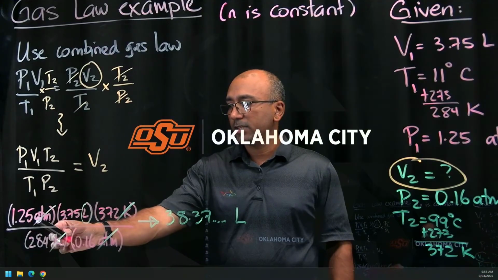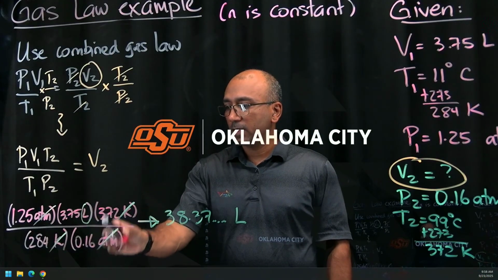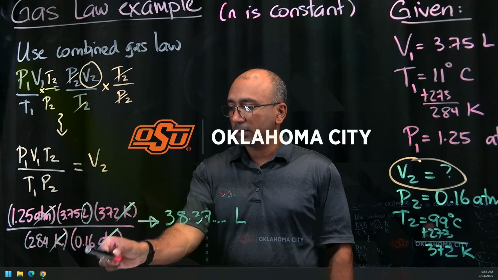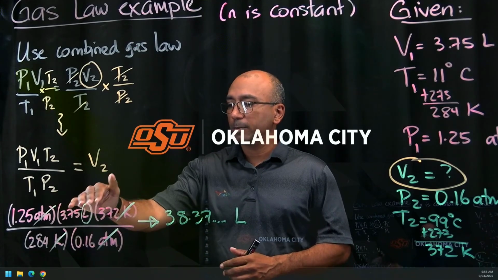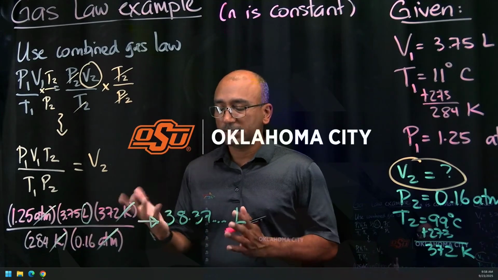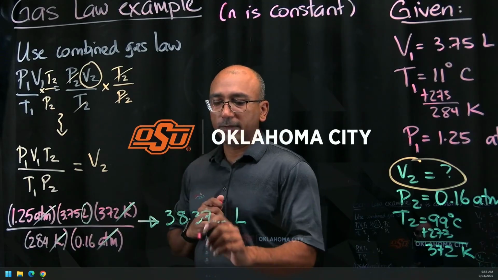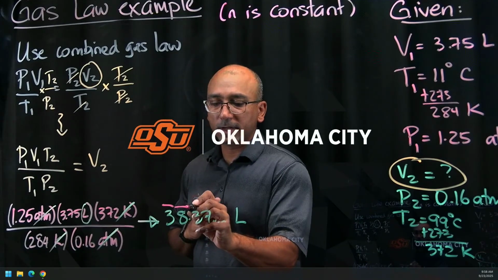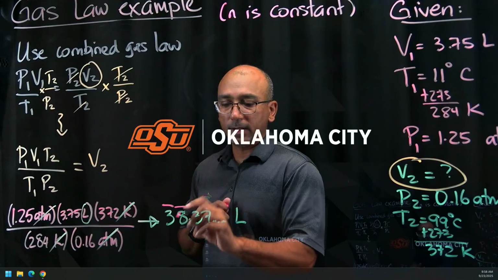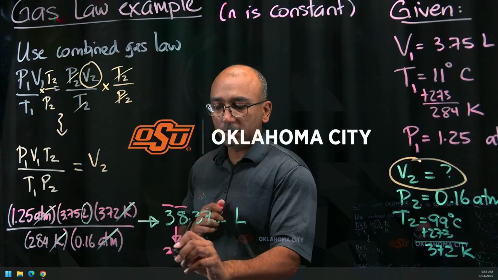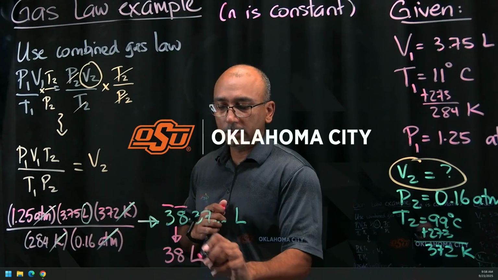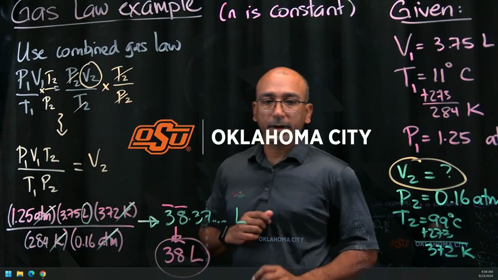So if I look here, I have 3 sig figs, 3 sig figs, 3 sig figs, 3 sig figs, and then 2 sig figs. All I'm doing is multiplying and dividing. The rule is I take the number with the least number of sig figs. So my answer there should have 2. So that's my first, there's my second. Next digit is less than 5. So this rounds to 38 liters as your final answer,